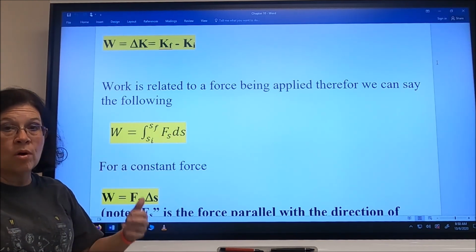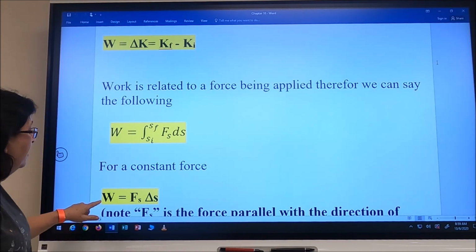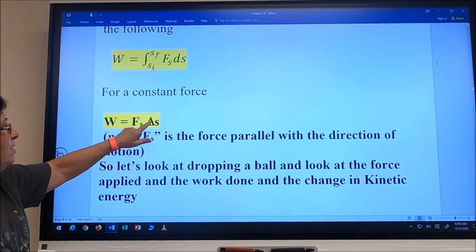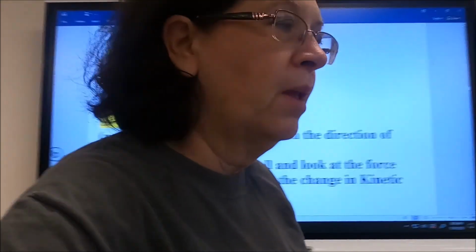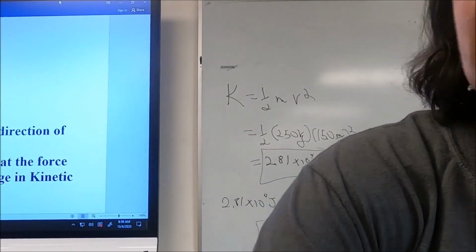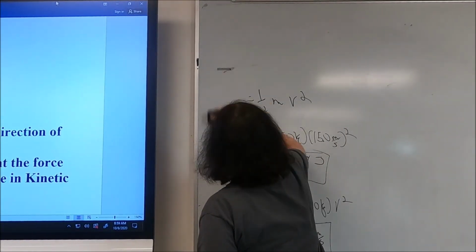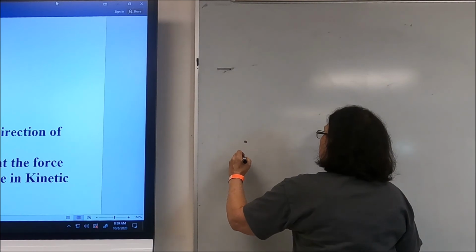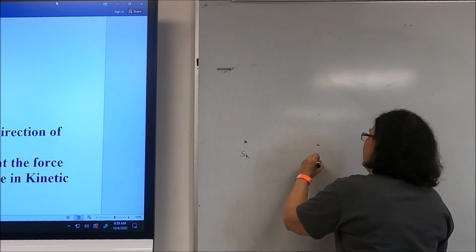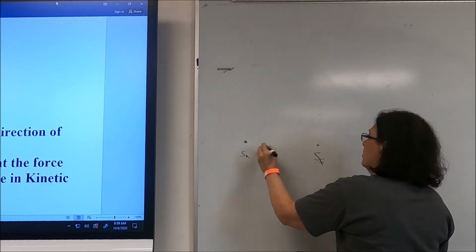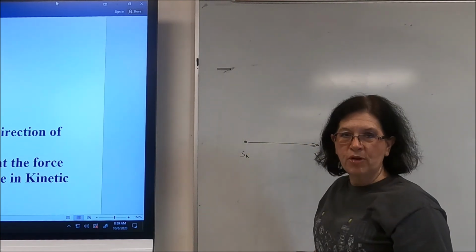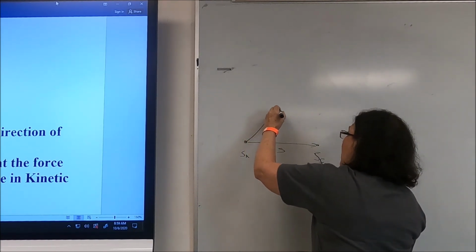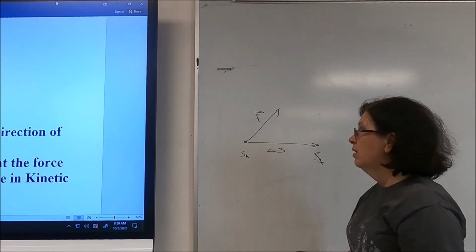Now, right now, we're working with constant forces. So we can say that work is equal to the force along the direction of movement, times delta S. Now, let me draw you a picture here. Here's our S initial, and here's our position S final. S is just any arbitrary axis. So there's our delta S. Okay? If I have a force here, F,